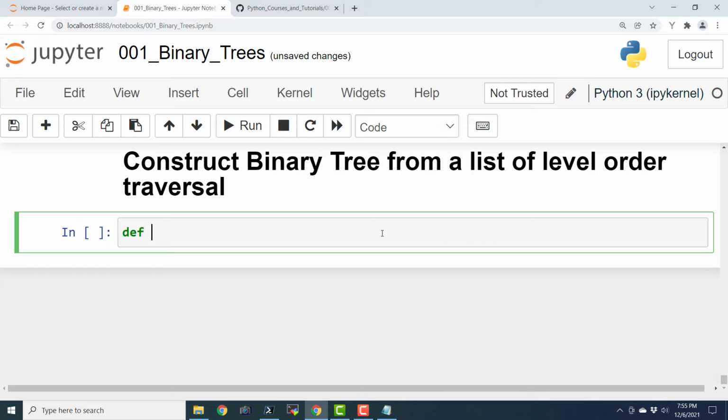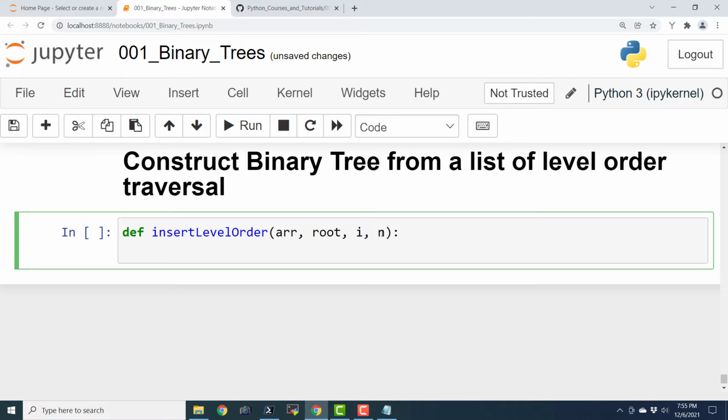So if I say def insert level order, ARR comma root comma I comma n. And if I is less than n, this is the base case for the recursion.